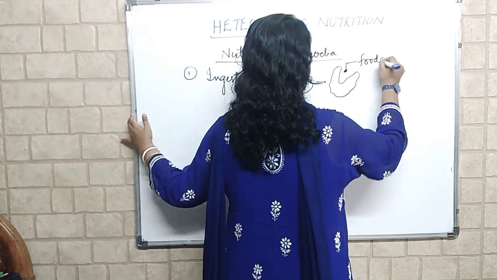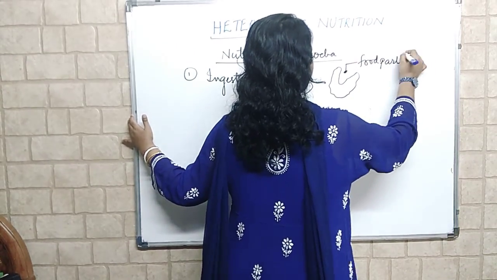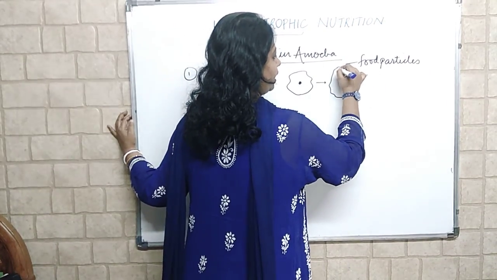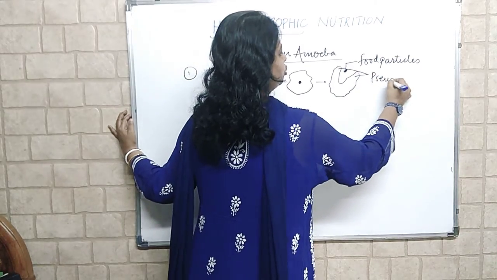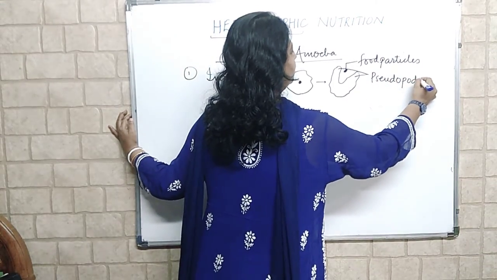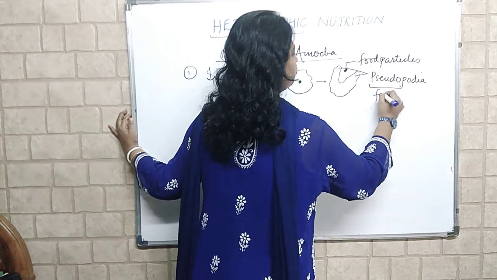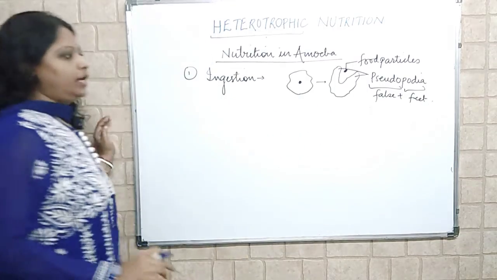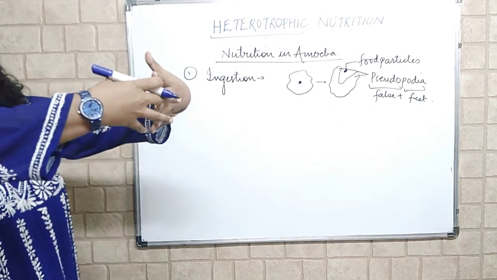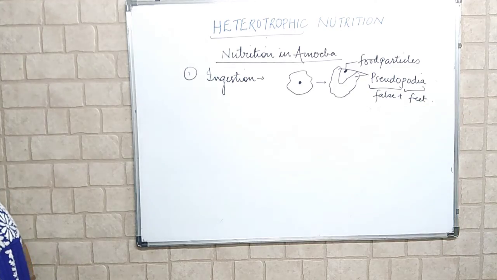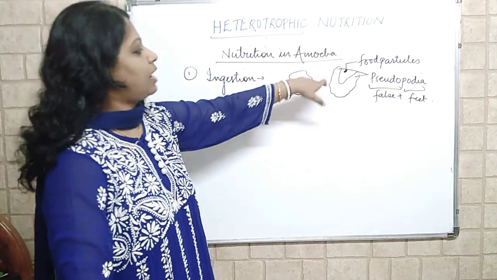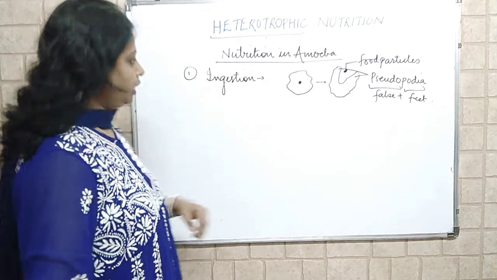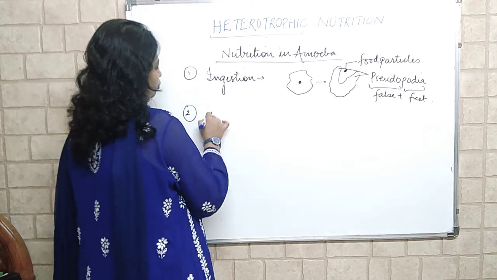These are food particles. And these finger-like projections are known as pseudopodia. Pseudo means false, podia means feet. So they are throwing their body to capture the food. This is the method by which they take it. Now how will they take it? Through their cell membrane. So the next step they do is